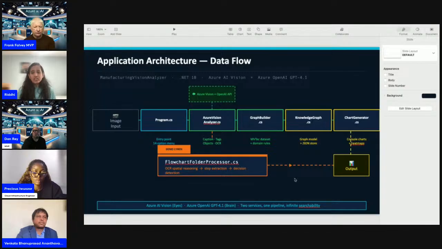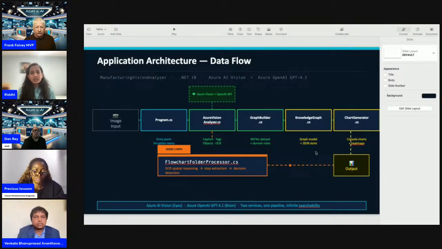Why I keep on repeating steps and decisions is because of the flowchart. A flowchart always has steps, and then based on what step you are in, yes and no, you make a decision and get to the final end. Now there are two parts after that I am taking, which is the graph building for the manufacturing data set and converting it into a knowledge graph that will give me insight if there is a defect between two products, or if the defect is the same in the two products, and then the insight.